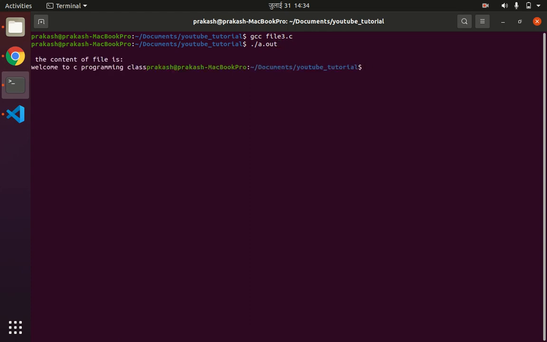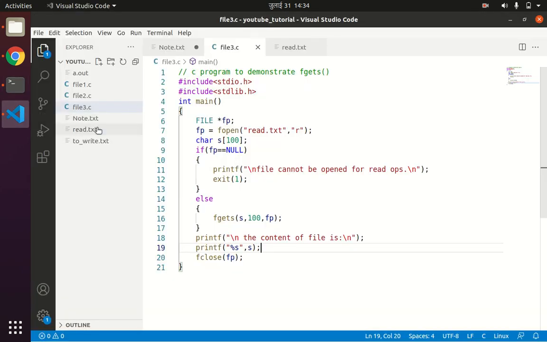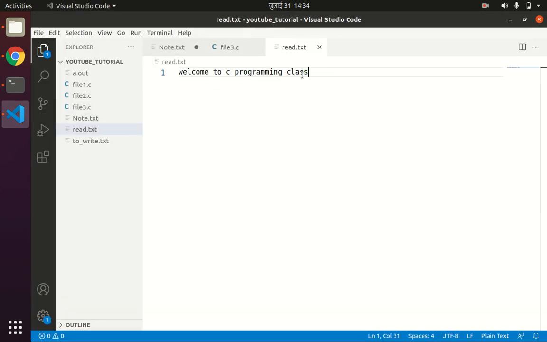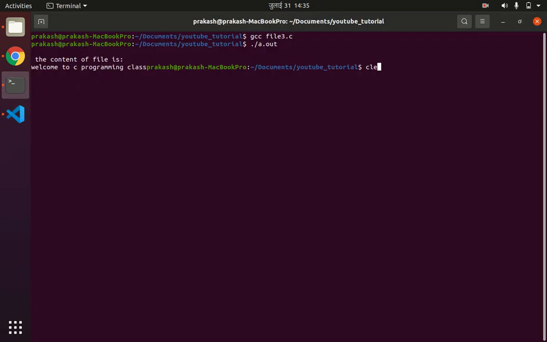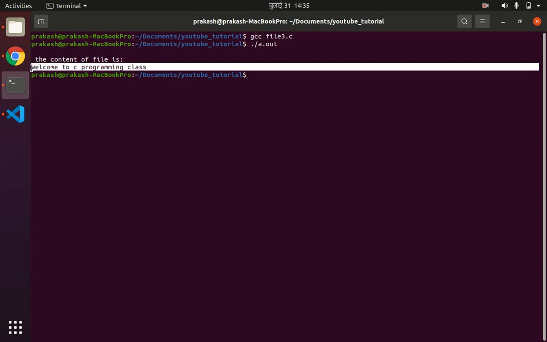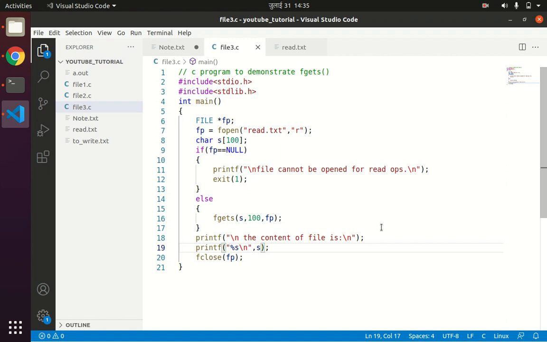So the content of the file is welcome to C programming class. You can see this is what we have in the file called read.txt. So in this way you can read a whole string terminated by the new line using the fgets function.